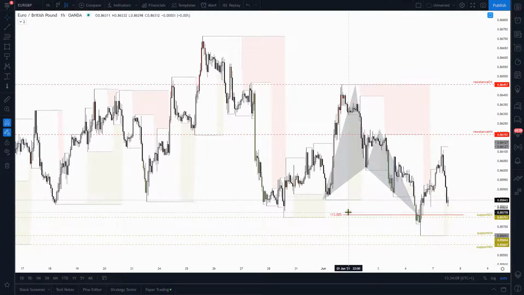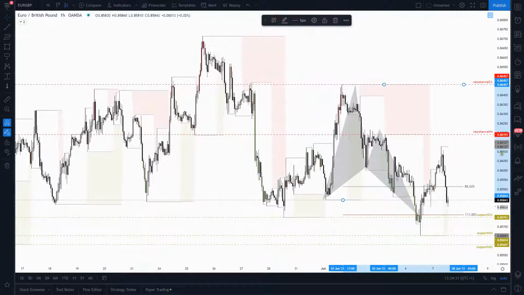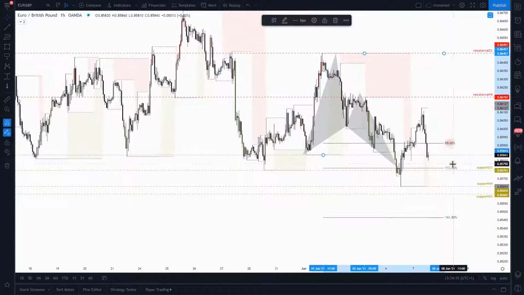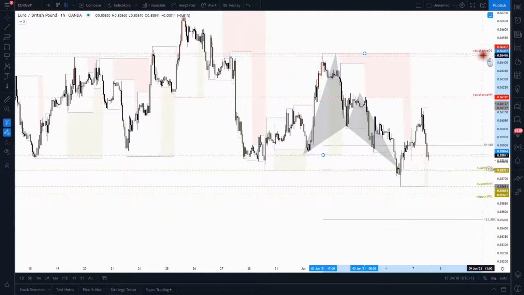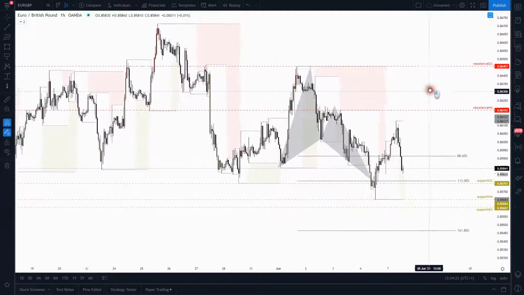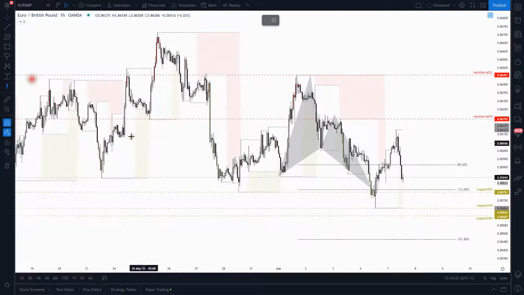Also a deeper, again, the three levels that I searched for, the 88.6, 113 and golden Fibonacci extension, and eventually the market will feel pressure on all of those levels. As we can see, the market has found some pressure as soon as it touches the 88.6. It has found some pressure after touching the 113% Fibonacci extension level. This one a bit below the completion point, and then we have the golden Fibonacci extension level,